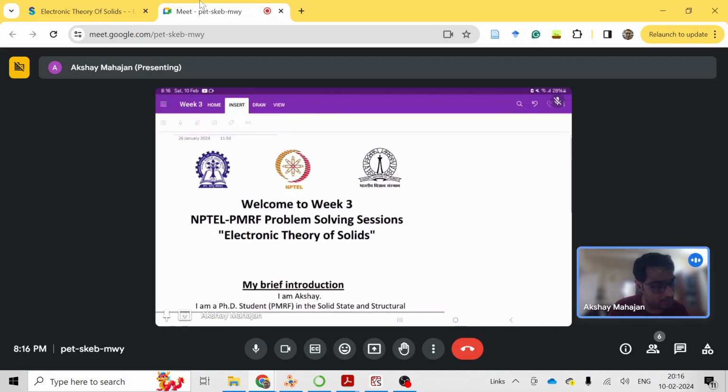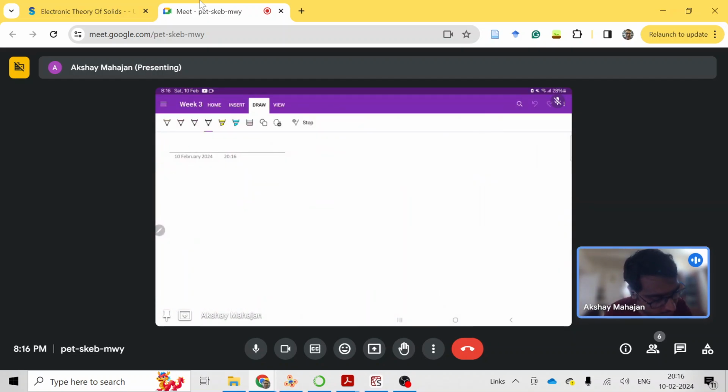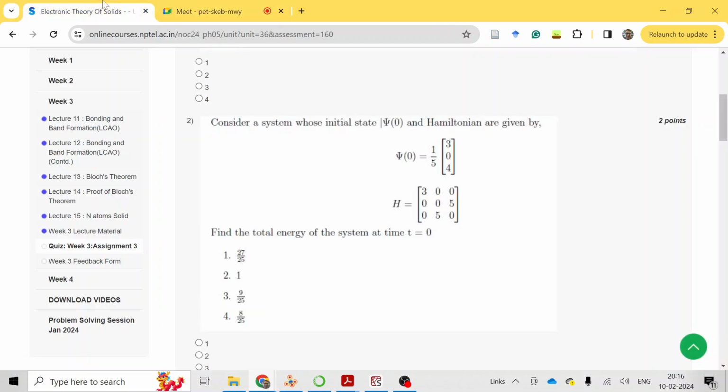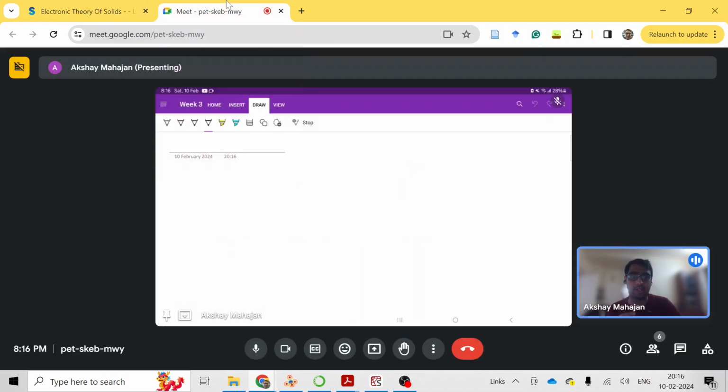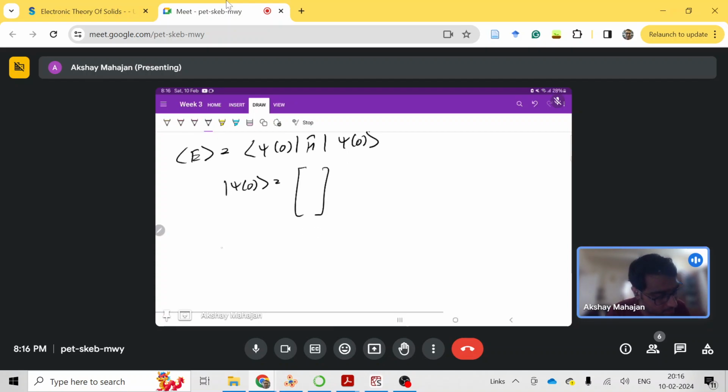Okay, yeah. So let me make a new page, let's just call it rough. So basically, you had to find this average energy, the total energy of the system at t equals 0, and psi at t equals 0 is given. So this average energy will be given by psi of 0, H cap, psi of 0. And psi of 0 is given to you in the form of a column vector, and then your bra of psi of 0,